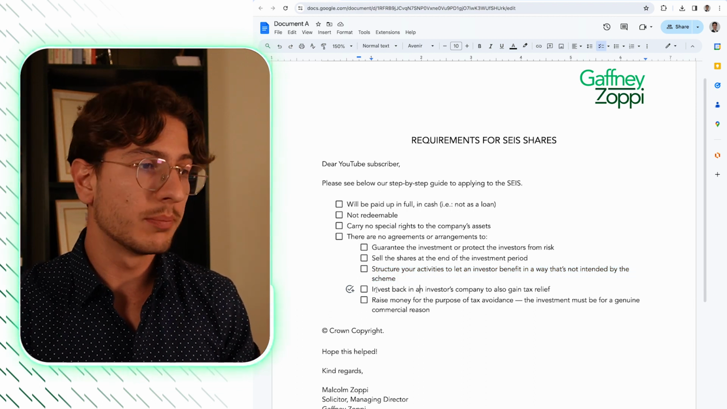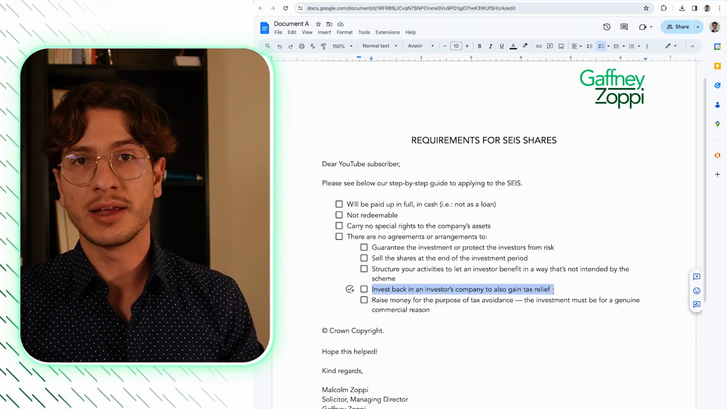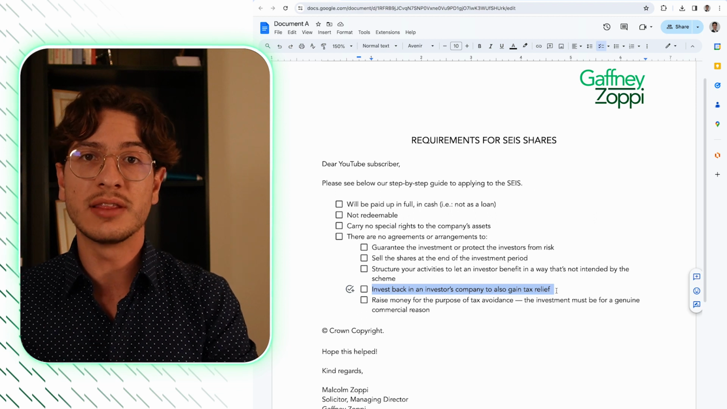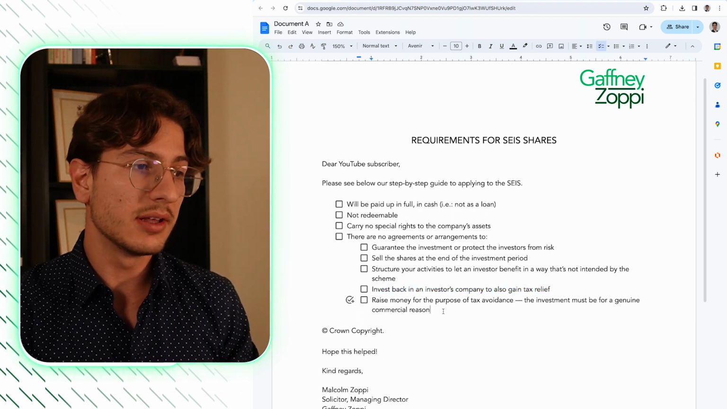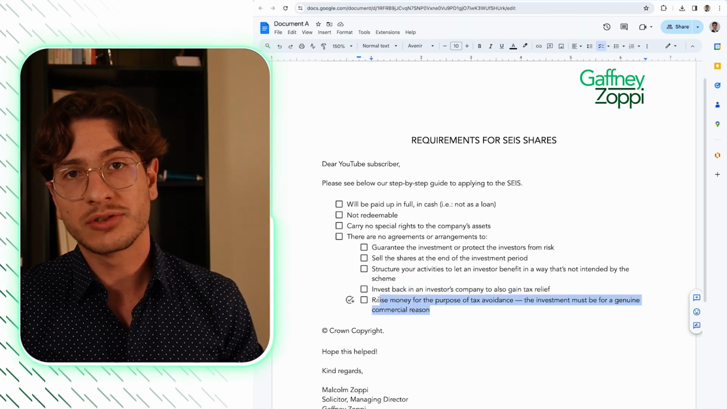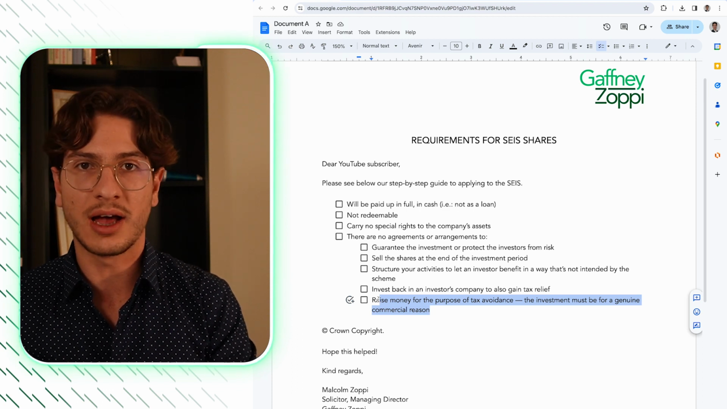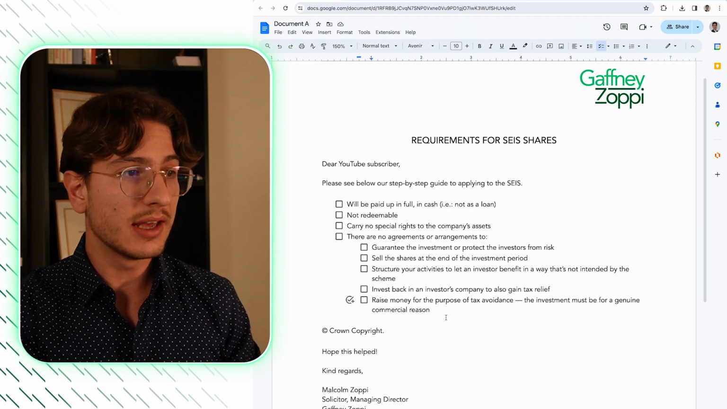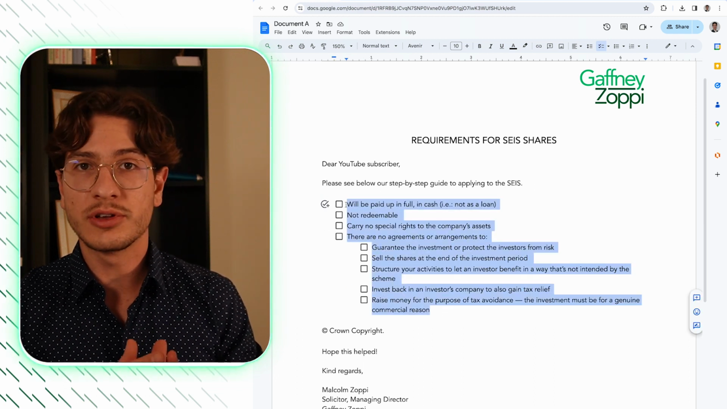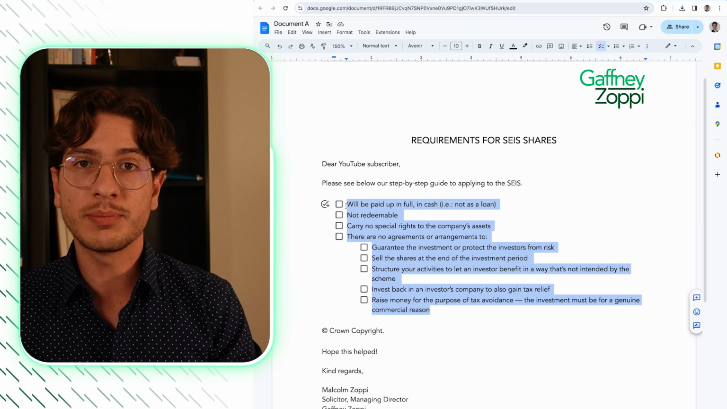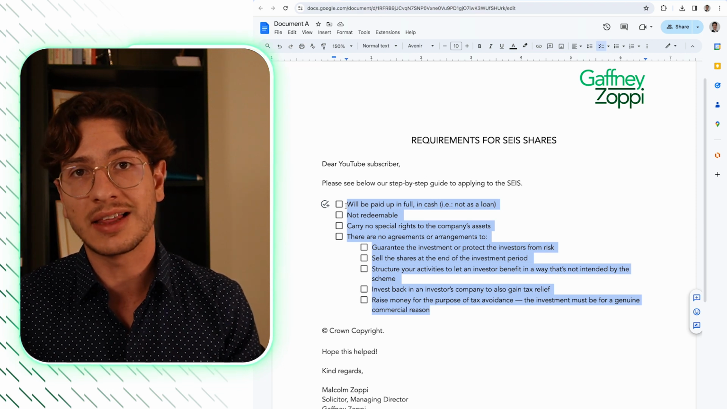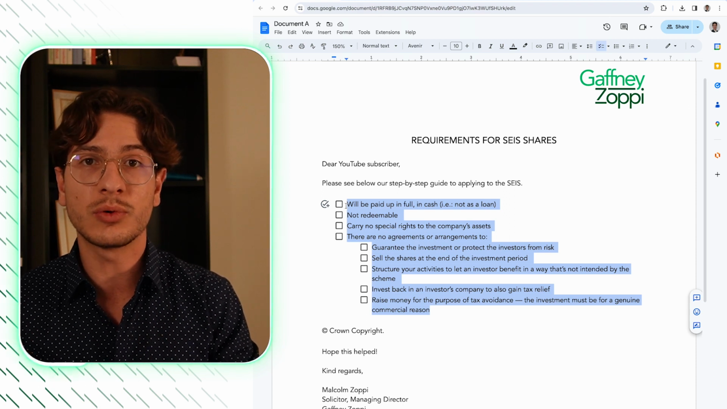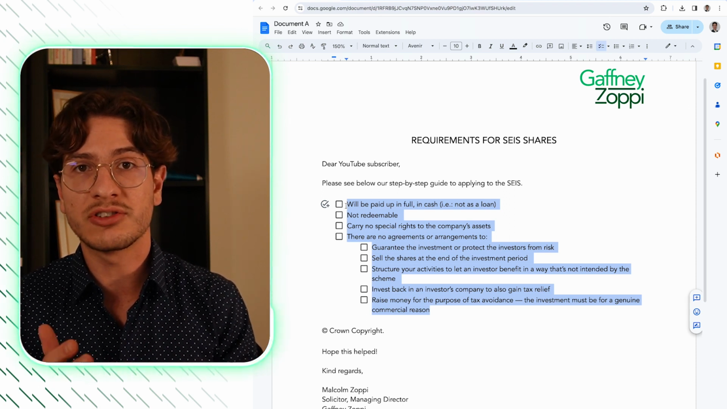There also cannot be an arrangement whereby the investor invests in your company and in return you invest in theirs. And lastly, the arrangement can't be solely for the purpose of avoiding tax. There must be a genuine commercial reason. Great, so these are the HMRC requirements for the shares if you want your investors to benefit from this scheme and its tax relief. But the Companies Act 2006 has its own requirements to ensure that the shares are actually